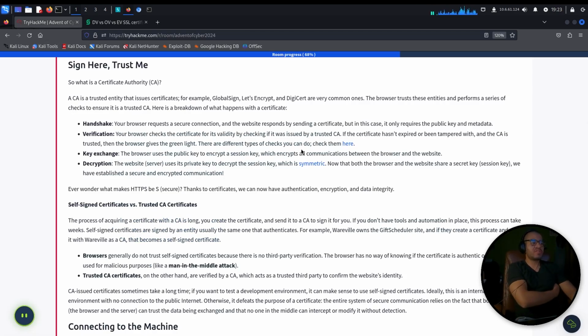Okay, so then comes the key exchange, right? The browser uses the public key to encrypt the session key, which encrypts all communications between the browser and the website. Decryption. The website server uses its private key to decrypt the session key, which is symmetric. Now that both the browser and the website share a secret key, the session key,